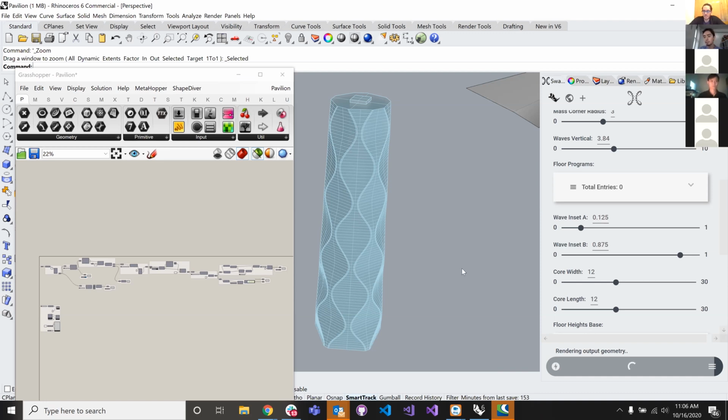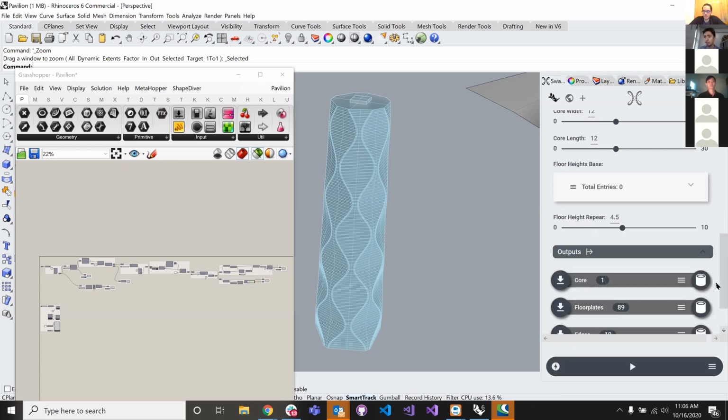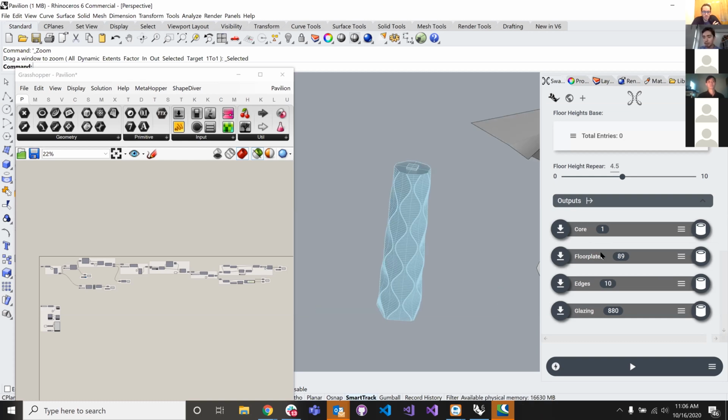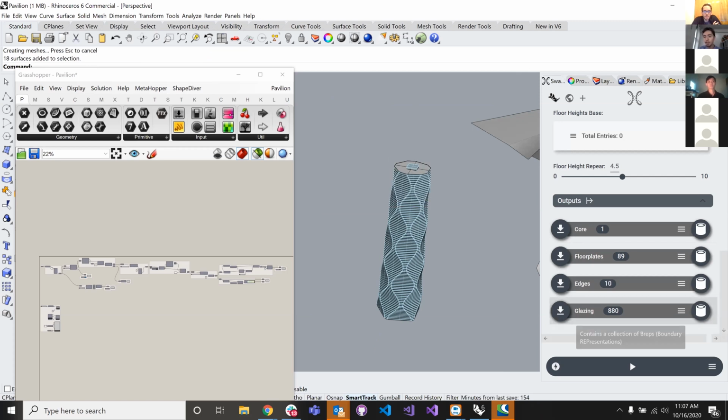But okay, so this just got computed, and say that for whatever reason, let's blame it on the lack of taste. I like what I see, and I want to bake it into my document. So right now it's kind of a preview geometry, just like you would have with a regular Grasshopper definition. So now I can bake different elements. So here we got the floor plates. Now these are actual Rhino objects, glazing,